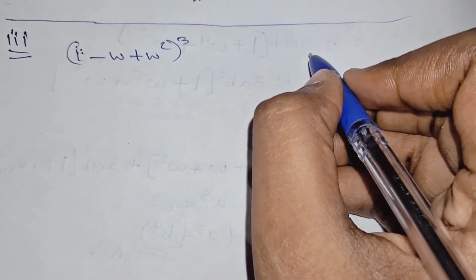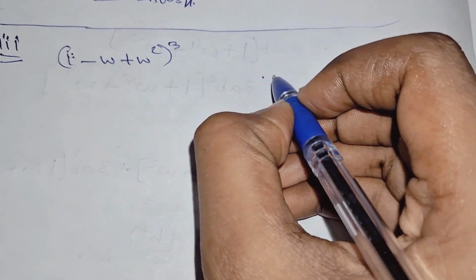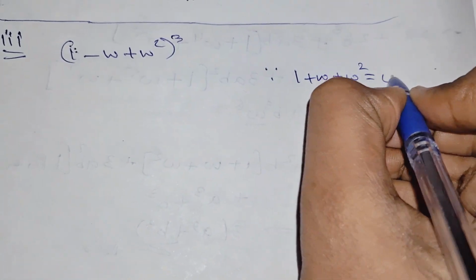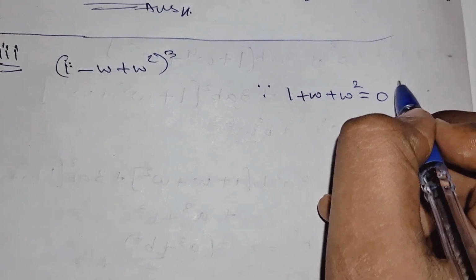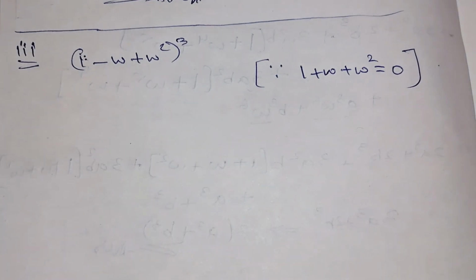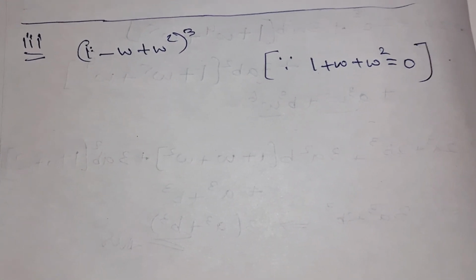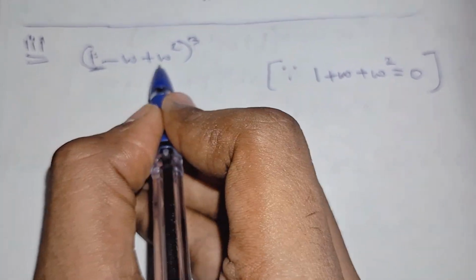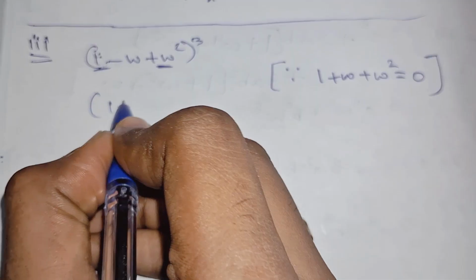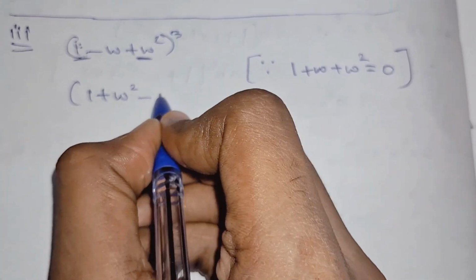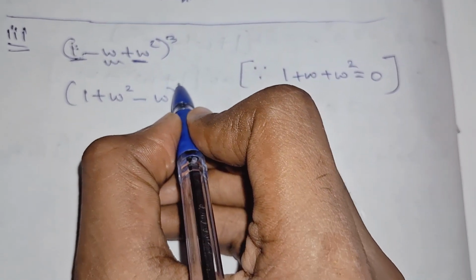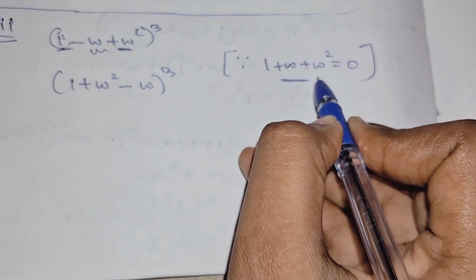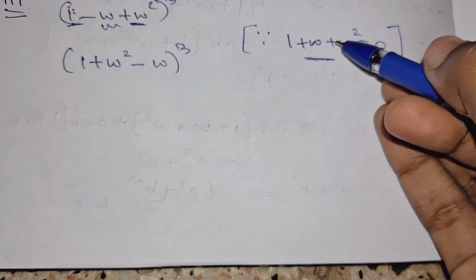For this we have to use a simple condition, that is 1 plus omega plus omega square is equal to 0. We know this condition when 1, omega and omega square are the cube roots of unity. Here what we will do is we will consider 1 plus omega square, I'll write and show you. I'm writing 1 plus omega square, then I'm writing minus omega term. Okay,